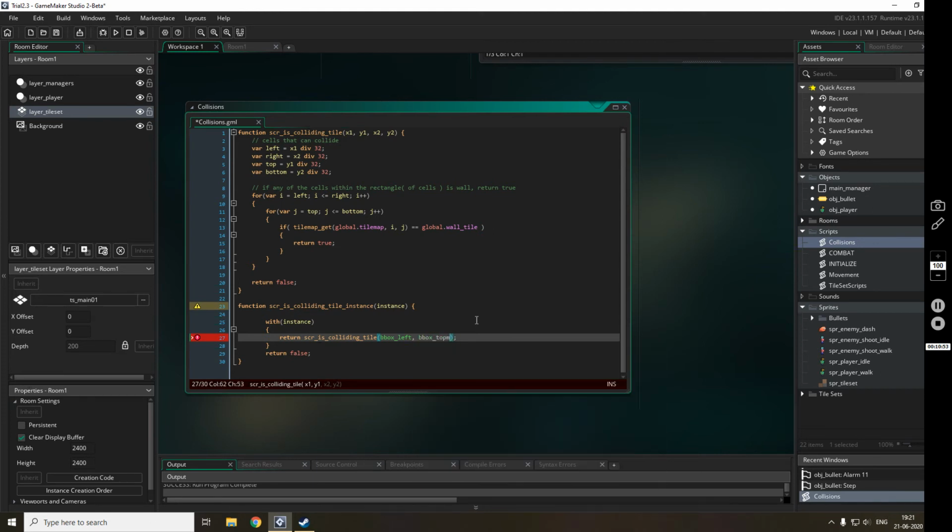So it will send the bbox of the instance that we are sending to this function, and then it will return the result. So this is basically a shortcut. Instead of writing all these things many times, we can just call is_colliding_tile_instance directly by giving the instance, just the instance. We don't have to pass anything else. This is a shortcut. It basically does the same thing.